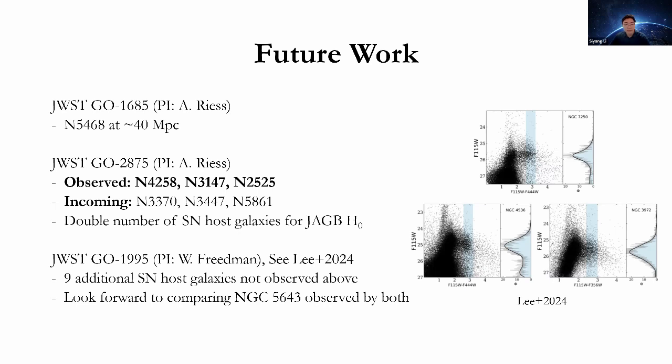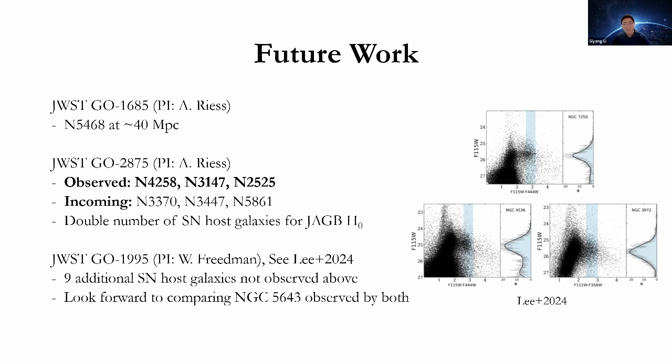Now, there's also incoming data from Cycle 2 Program 2875, led by Adam Riess. By the end of that program, we'll have essentially double the number of supernova host galaxies that we can use to measure a JAGB H0. There's also another great program led by Professor Freedman, JWST 1995. It'll observe 9 additional host galaxies that are not observed in the first 2 programs that I described, 1685 and